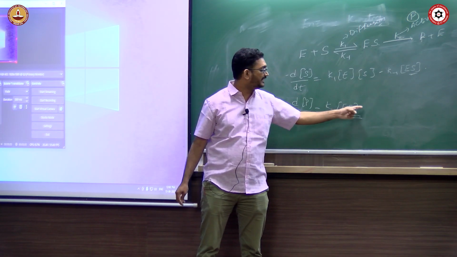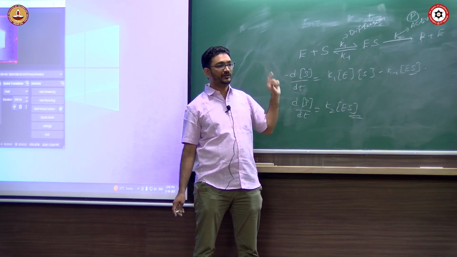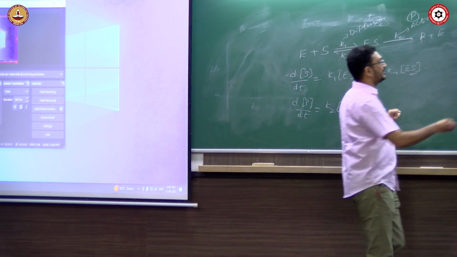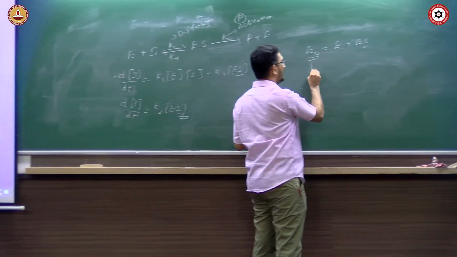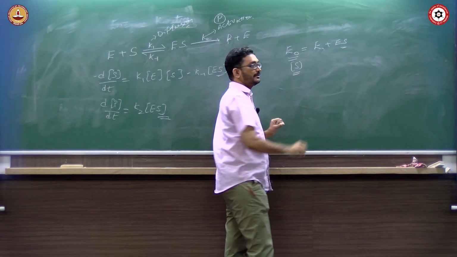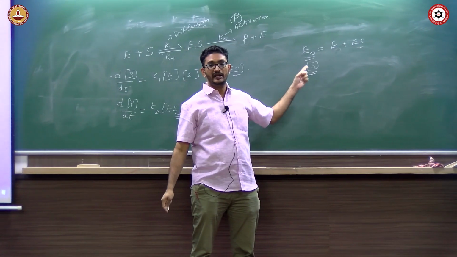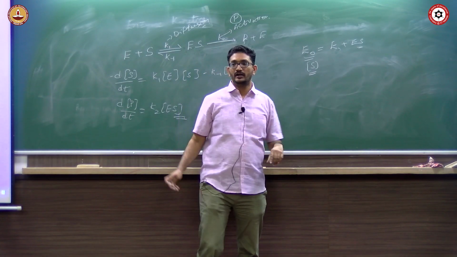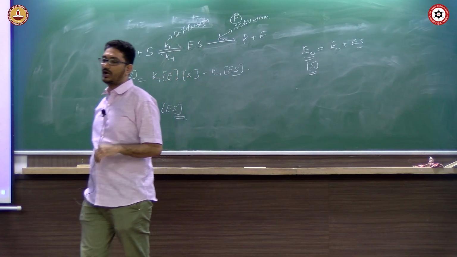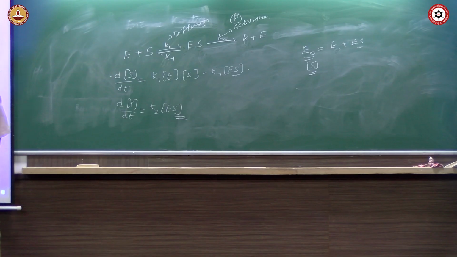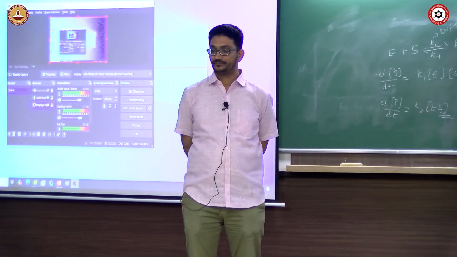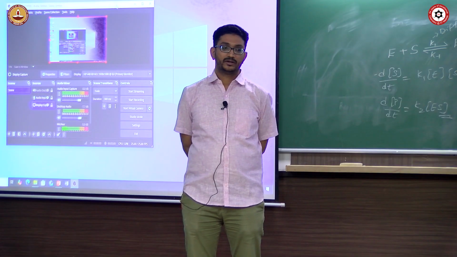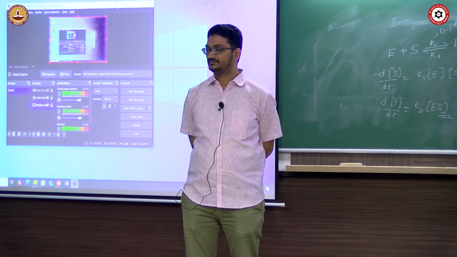So we need to determine the ES value in terms of initial concentrations. The only things that we know remain constant are the concentration of E and the concentration of S. So we have to determine the concentration of ES in terms of E naught or concentration of S. Now some of you have done that. So how do I approach? How do you determine the concentration of ES? Steady state approximation.